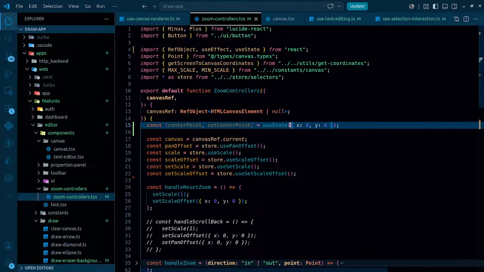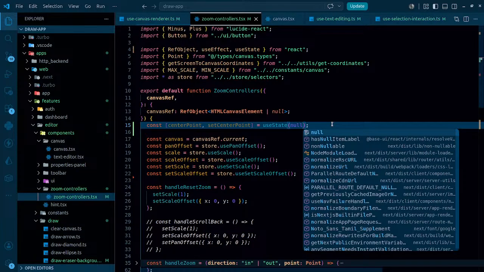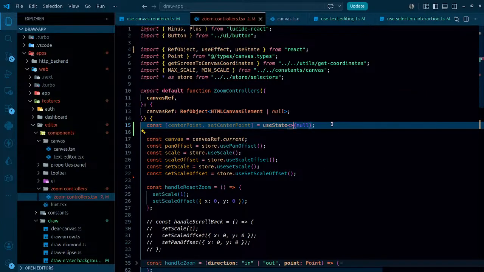Setting it to null isn't a wide choice, or it is. If I'm setting it to null, whenever the value of the canvas changes, it will repopulate that. That's not going to be a problematic thing. So even if I'm setting it to null, that's fine. So what am I saying? That the type of this is actually going to be a point, or it can be null, and